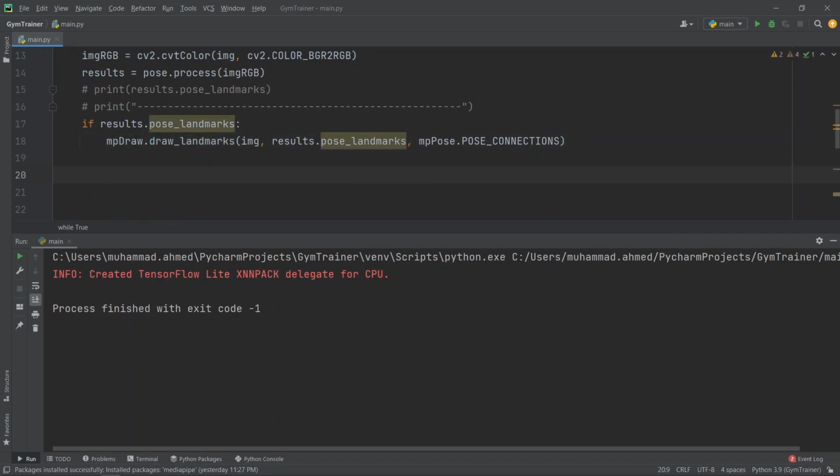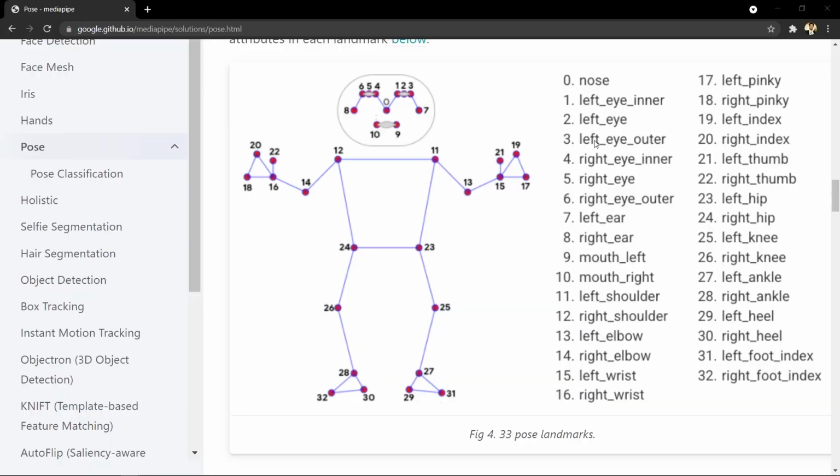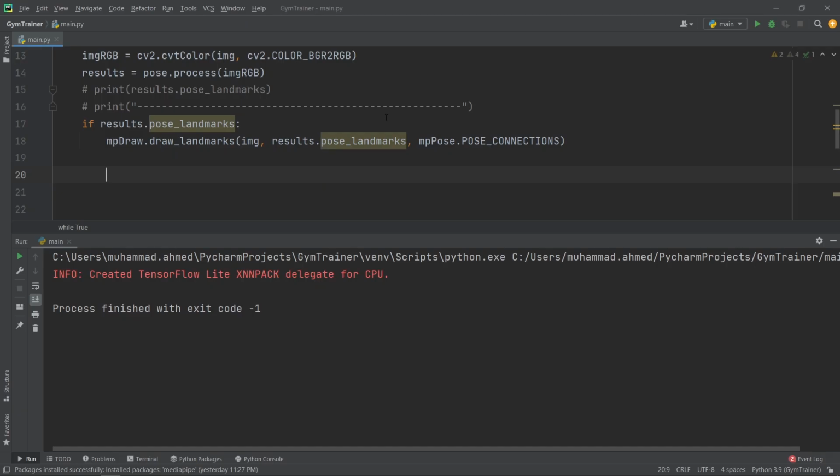Next thing is, we have to iterate on all the landmarks, and print which landmark or point we are referring to. So here, if we want to refer to the 0th, we want to get the ID, and we want to get the coordinates. So we will go for ID and landmarks.